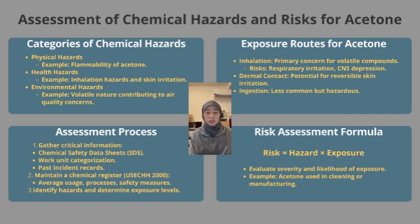Assessment of chemical hazards and risks for acetone. Assessing chemical hazard and risk in the workplace involves the identification of hazardous chemicals, evaluation of exposure levels, and implementation of control measures to mitigate risks, as mandated under the Occupational Safety and Health USECHH 2000 regulation. Chemical hazards are categorized into physical, health, and environmental hazards. For example, acetone, a commonly used solvent, poses flammability risk, high volatility leading to inhalation hazards, and potential for skin